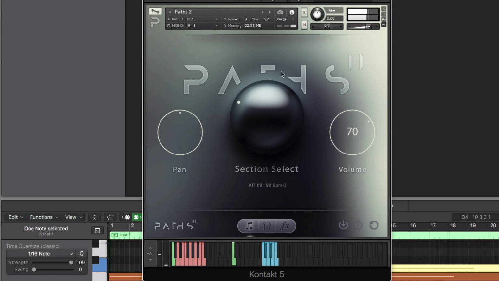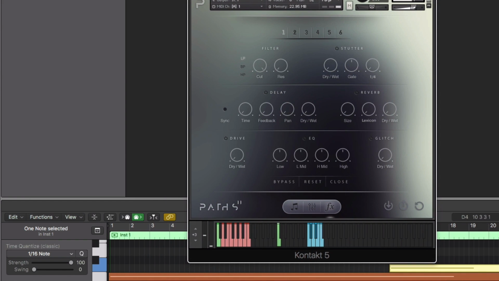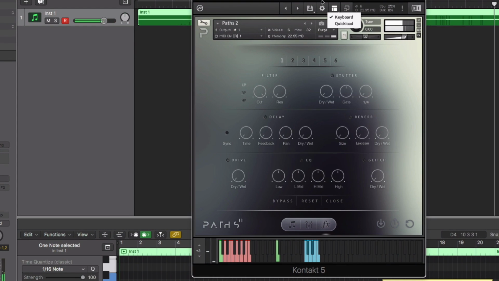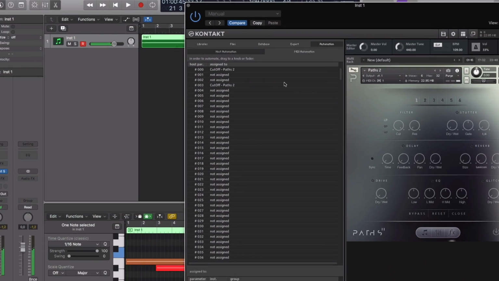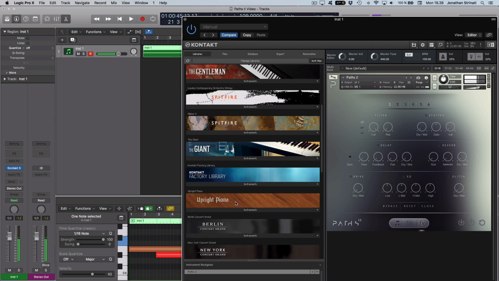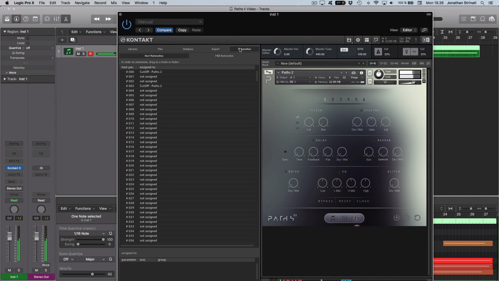Now let's take a look at some automation of some of the effects parameters on Paths 2. In order to do this, I need to get my browser into view. Open up the browser, you'll normally be presented with the libraries. Get over to the automation, and now we can very easily just add automation parameters onto Paths 2. So for example,